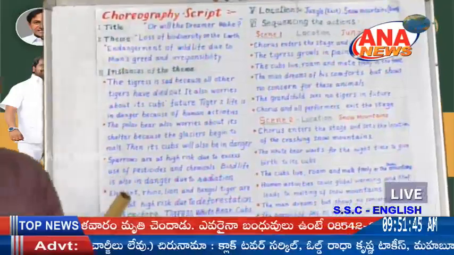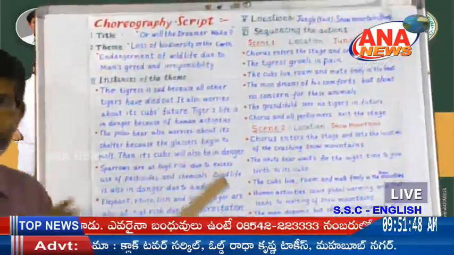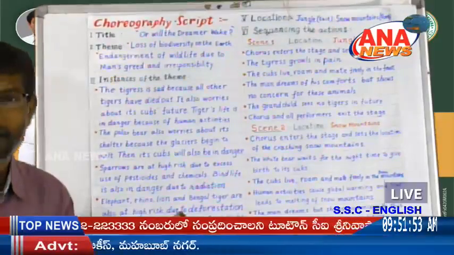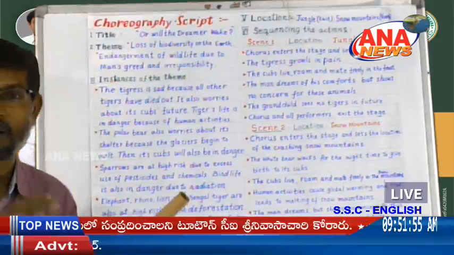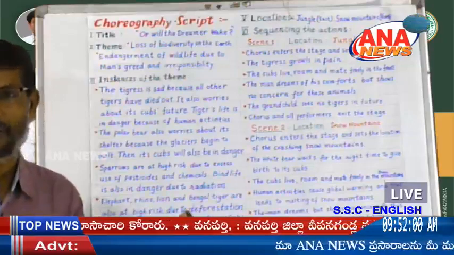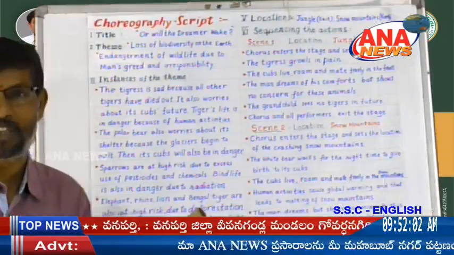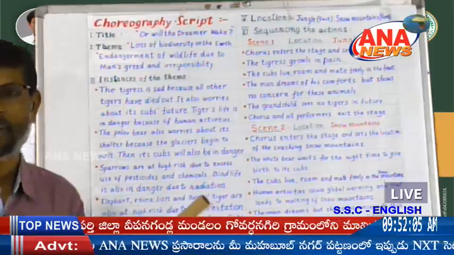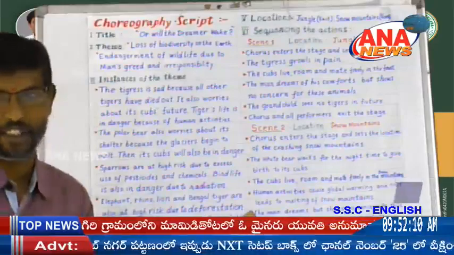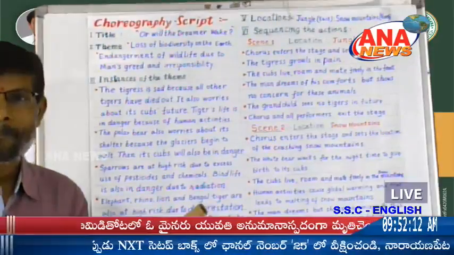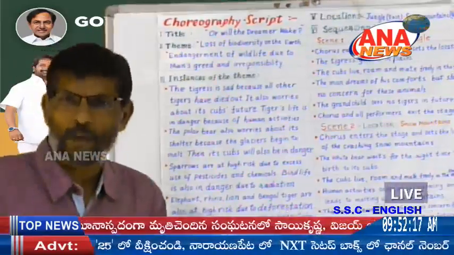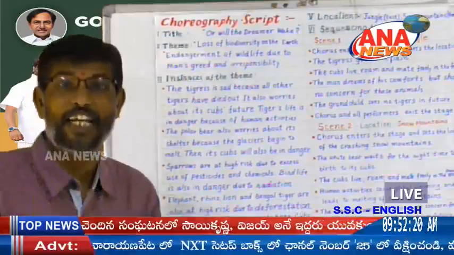Theme of the poem. Here, after going through the lines of the poem, it is clearly evident that the tigress is sad because all other tigers have died out. The tigress is the last one, and it is going to deliver its cubs, and those cubs will be the last ones to freely live, roam and mate. So the tiger's life is in danger. And in the second stanza, the white bear's life is in danger. So like this, the poet talks about endangerment of certain animals.